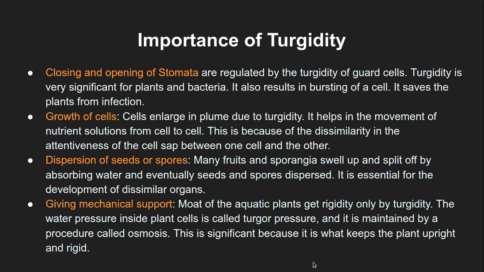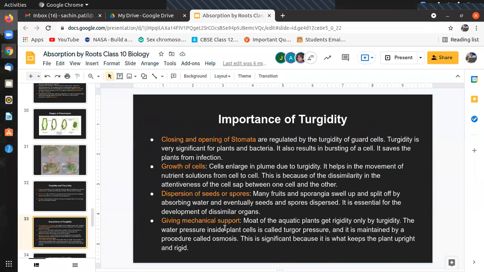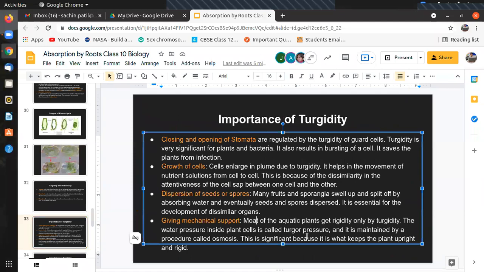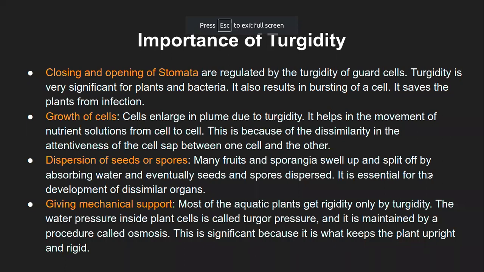So, giving the mechanical support. Now, what did I write? This is so wrong. It is not "moat" for sure. "Most of the aquatic." You can also attend our English class. Sorry, you can also attend our English class. No issues. Why? You are only making so many mistakes. No, these are typos. I usually check my presentation a second time, but this time I didn't for some reason. But that's okay, and thank you for that offer.